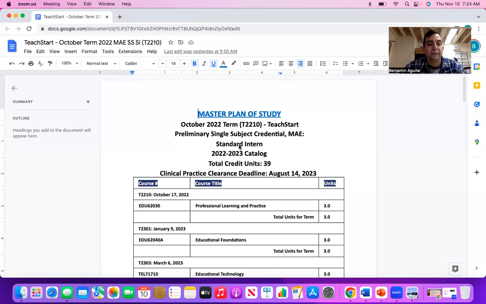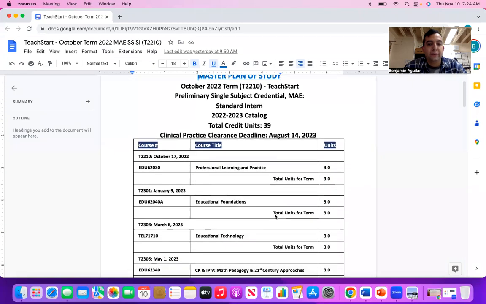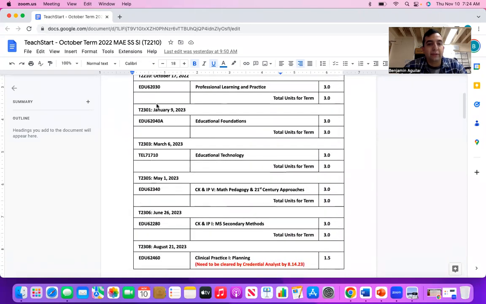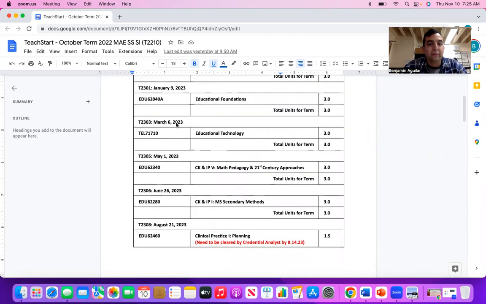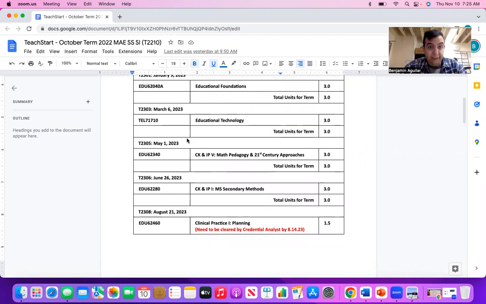Now, I want to talk about the courses you have to take for the program. So the courses that I have to take are right here. As you can see, the first course that we have to take is EDU 62030 Professional Learning and Practice. Then we go with the EDU 62040A, which is Education Foundations. And then we have TEL 71710, which is the Educational Technology. And then we have EDU 62340